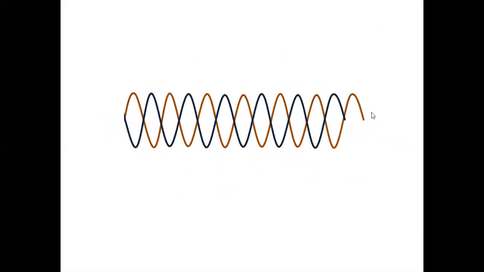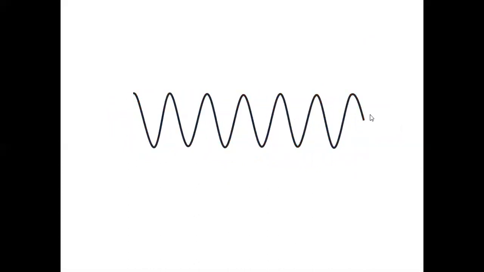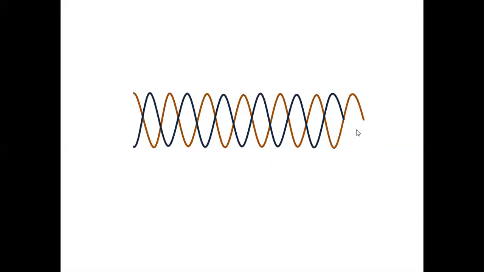Now come to this diagram. Both the waves have equal amplitude and the resultant wave will be larger. I have not written the resultant wave. What is the path difference? 0. What is the result? Constructive interference. The maximum resultant wave will be highest in amplitude. Okay, what is the path difference? Lambda by 2. What is the result? Destructive interference. Resultant amplitude A minus A, 0.